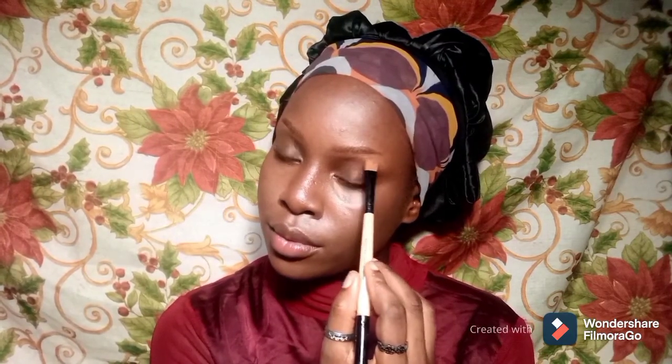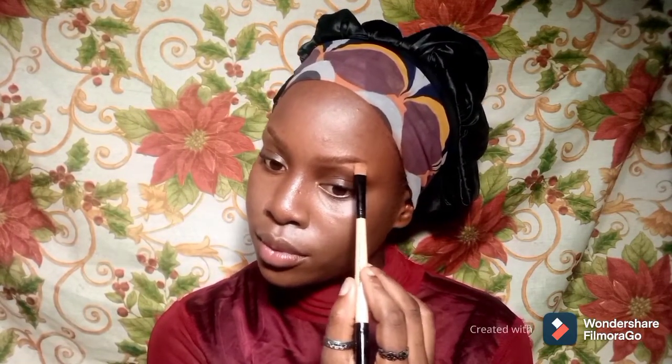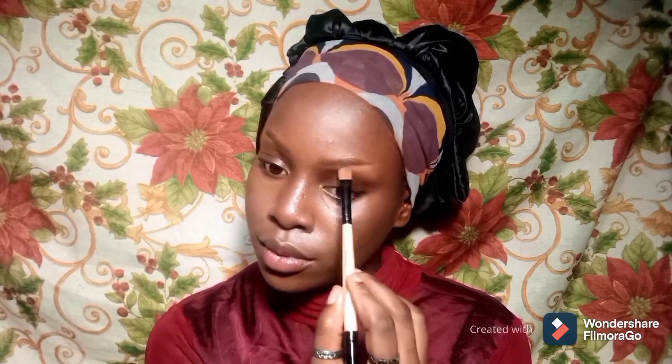The more extended upwards your brows are, the more your face gives the illusion of being lifted. So just sharpening the brows, going to the other one. Use my finger and lightly dab. And then I'm going to go in with a blush, nothing too crazy, just a pale pink blush, to put the look together and give my face a bit more color, and the tip of my nose. And then for my eyes, I'm going to be going in with a skin colored